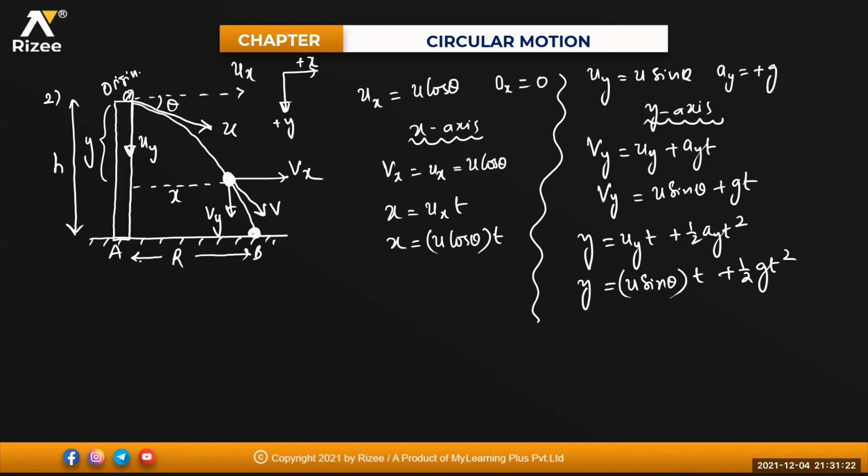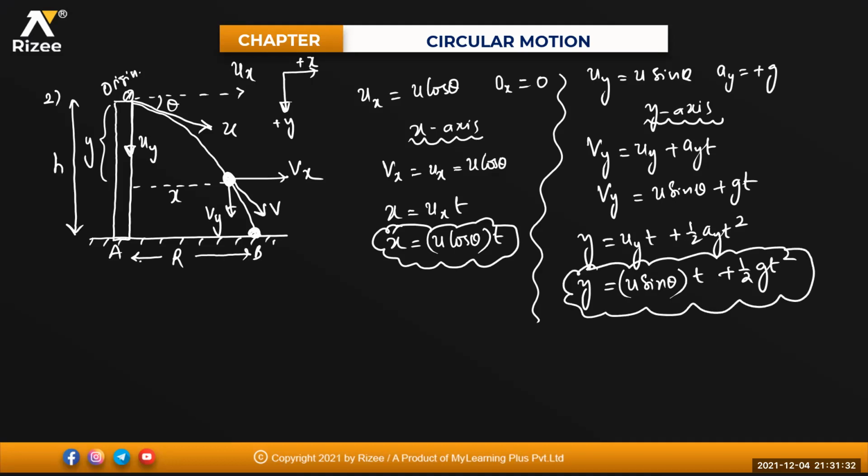Clear? So horizontal component of the velocity is this much, and vertical component of the velocity is this much. By these two equations, we can solve the numericals when a body has been projected at an angle down, making an angle of your theta. Here. Done, beta, for everyone?